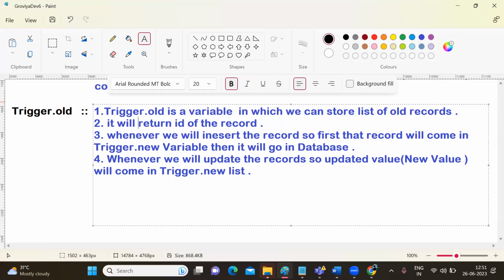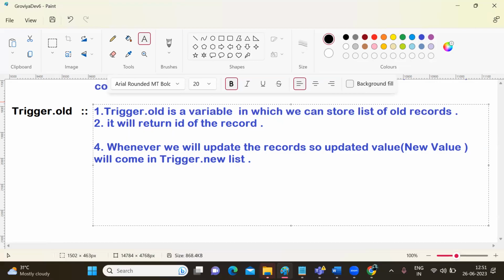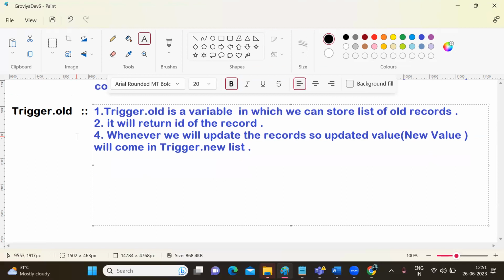Whenever we insert a record, first that record will come in the Trigger.new variable, then it will go into the database. Okay. Whenever we update a record,